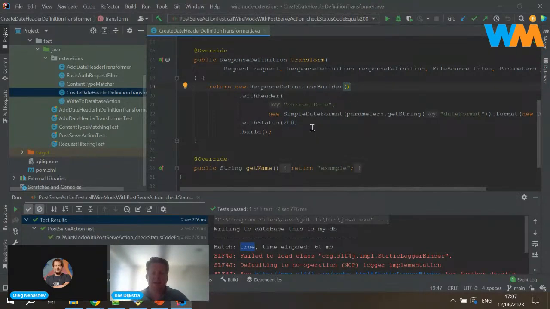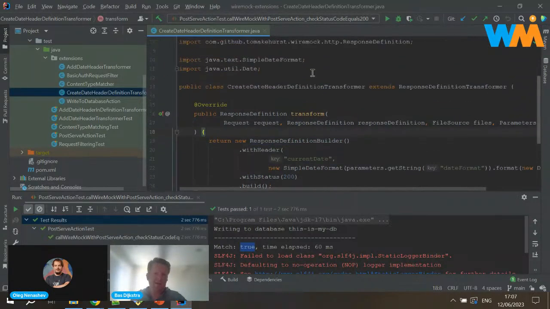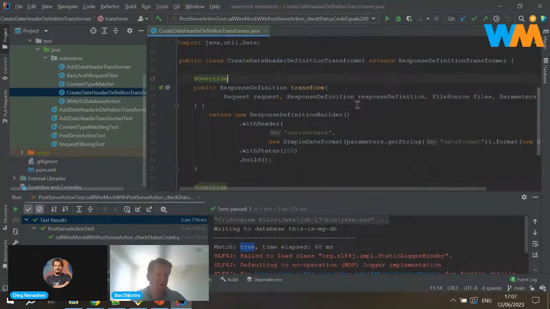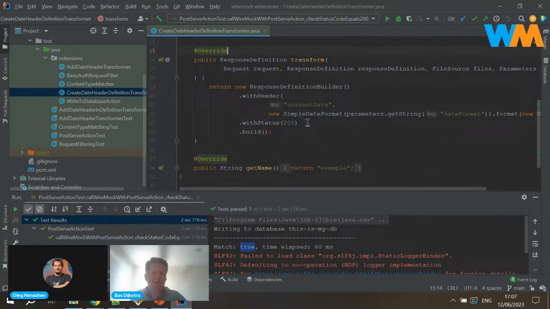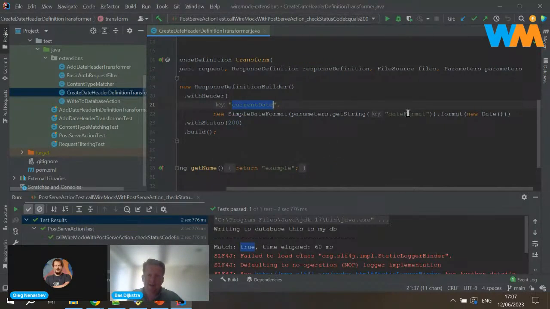And what I say is, for each of the responses, I'm going to send it with the WireMock instance where this transformer is loaded. I'm going to set the status to 200, and I'm going to inject a current date header that actually contains the current date and time in a specific format.